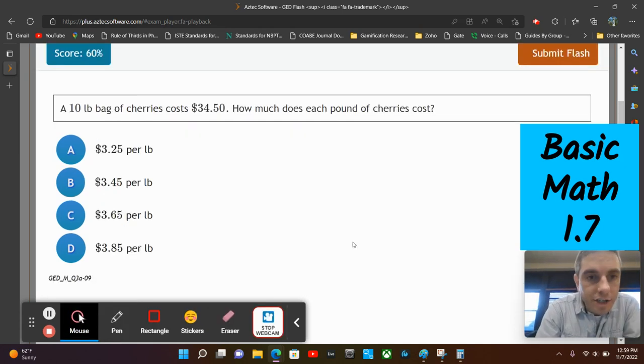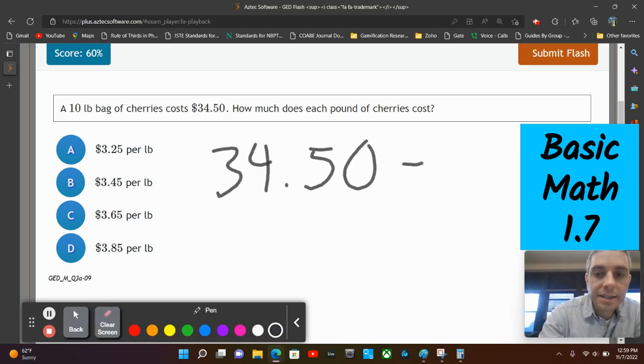A 10-pound bag of cherries costs $34.50. How much does each pound of cherries cost? Okay, this is a division question. We have a total cost, $34.50, for 10 pounds. So how much does 1 pound cost? Anytime you're dividing by 10, you're just moving that decimal point one place to the left. So this will be